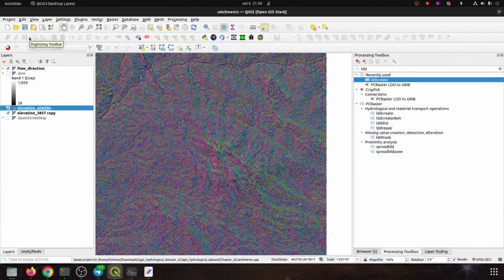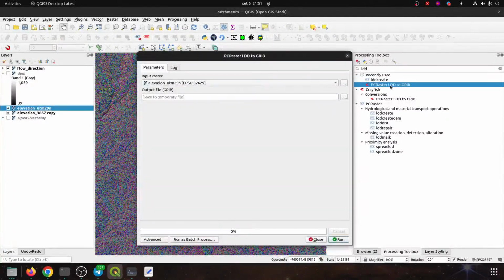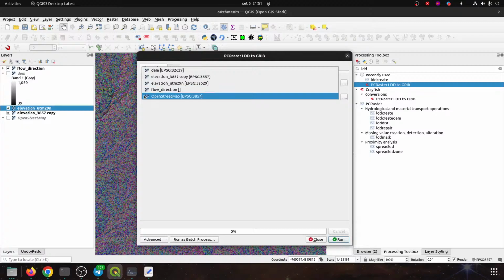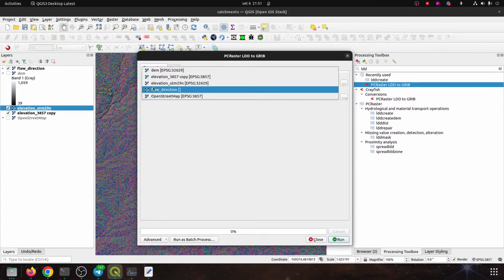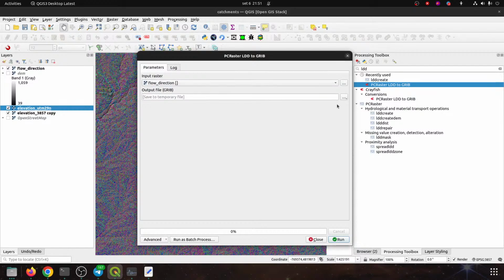We've got the flow direction, and then we can go back to where we got lost, which is back to the mesh conversion. So we're going to do PCRaster LDD to grid. We're going to take the flow direction. It's a bit strange, it doesn't have a coordinate reference system listed there, but